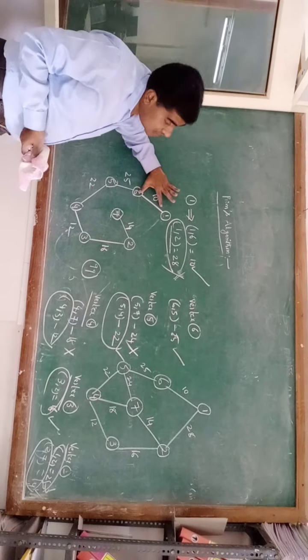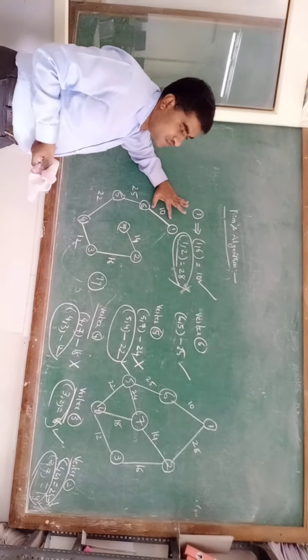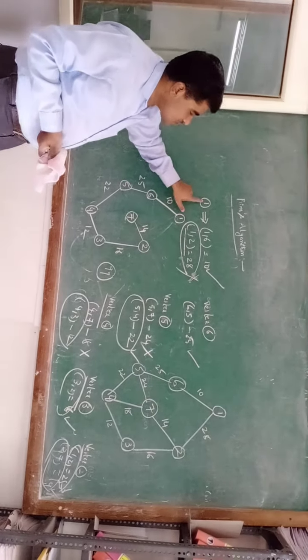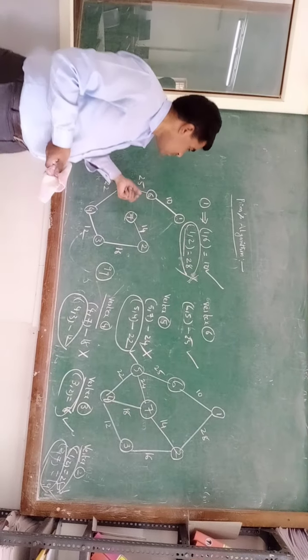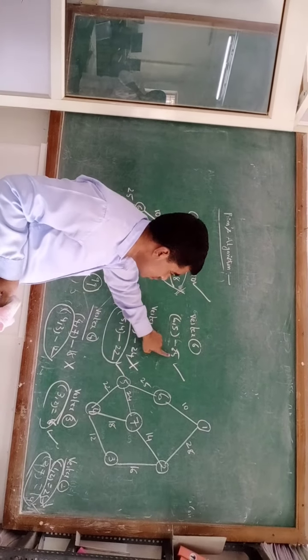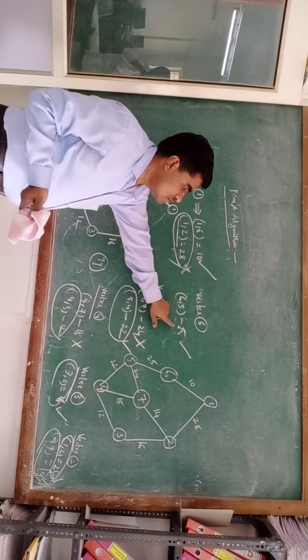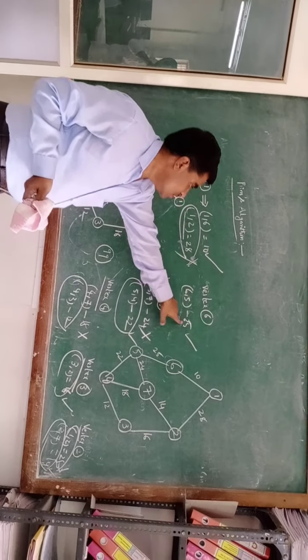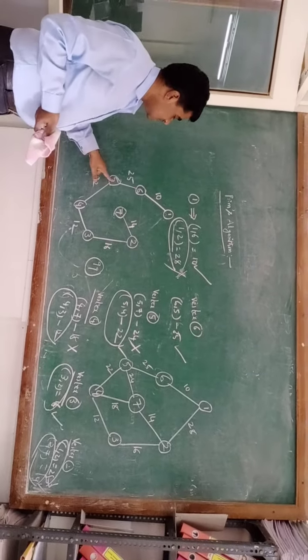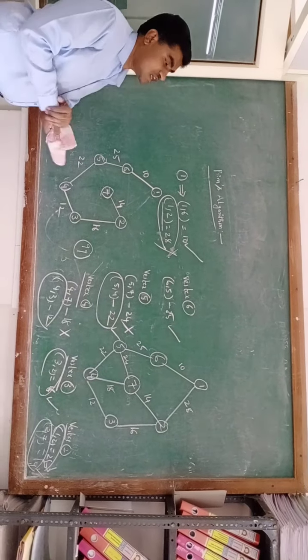Now vertex 6 is also included in the spanning tree, meaning vertex 6 is also visited. Now vertex 1 and vertex 6. For vertex 6, what are the corresponding edges? 6 to 5, that is 25. 1 to 2 is 28, and it is already there. 28 and 25, which one is minimum? 25 is minimum. So first we make the connection 6 to 5. That is included. Now the fifth vertex is also visited.